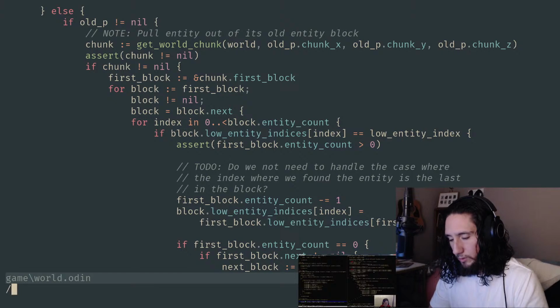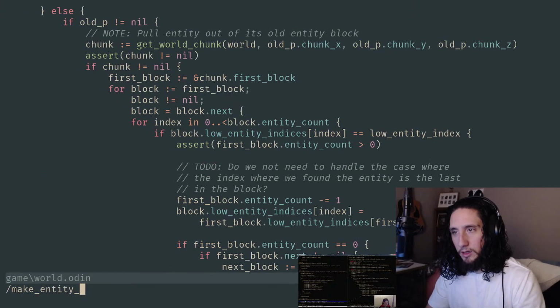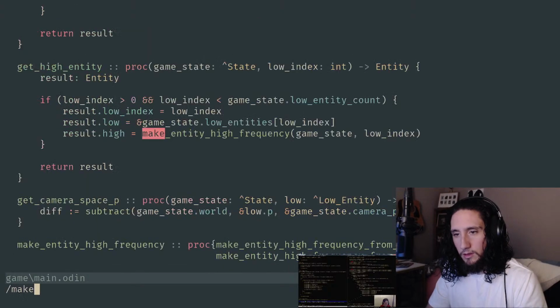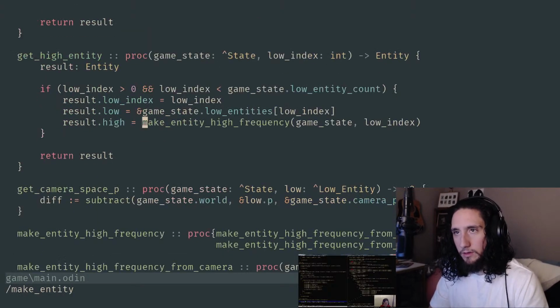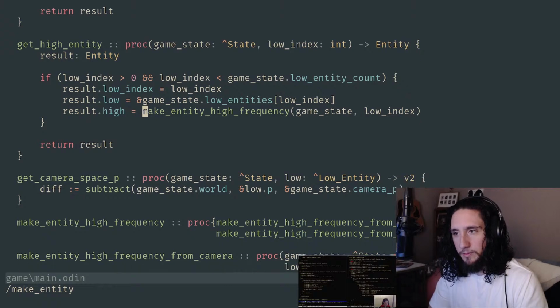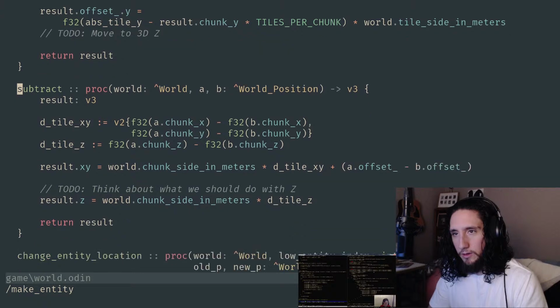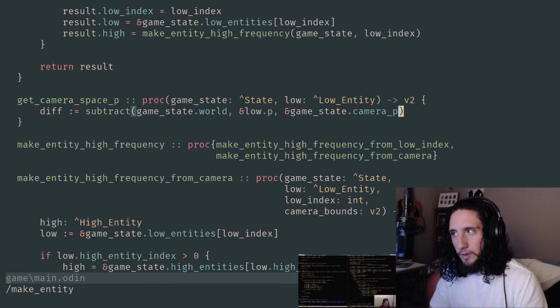Where were we? We were looking at make entity high. That's actually in the main game file. Okay, so here we are. Get camera space P. Now if I go to definition here, okay, now we're working. All right.